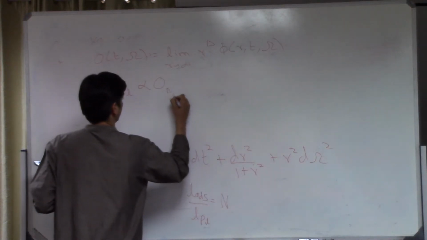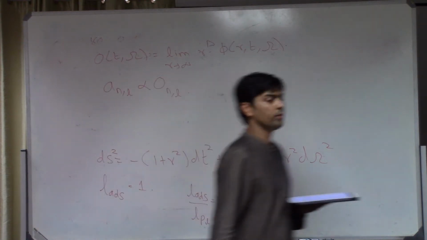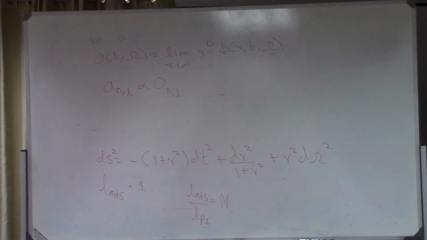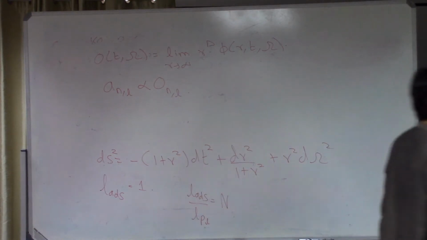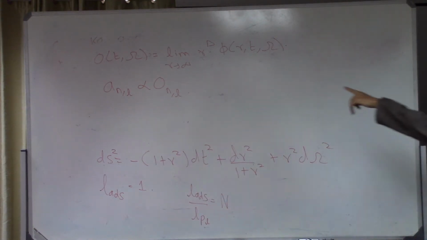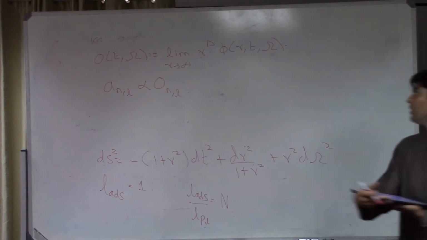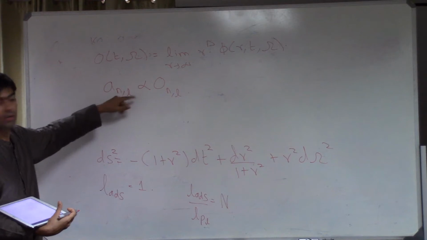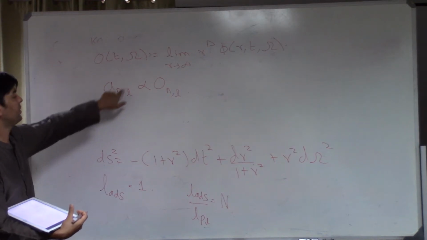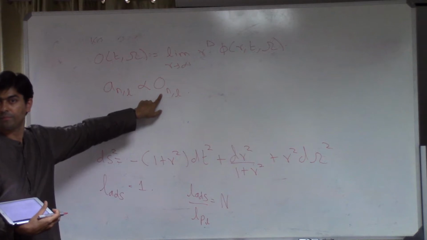So you can check easily that these creation and annihilation operators are proportional. These E and Ls I wrote down are just proportional to the modes of these boundary operators, these O, T, omega operators. That's actually pretty easy to see. If you just take this limit I've written here, it corresponds to taking a limit of these radial wave functions. And the limit of these radial wave functions gives you some number that depends on n and L. And so if you just multiply that number with A and L, you will get O and L. Okay. So these two things are just proportional to each other. So these creation and annihilation operators that appear here are the modes of the boundary fields. Is that okay?